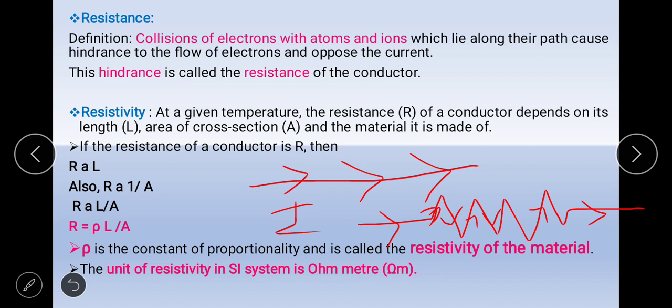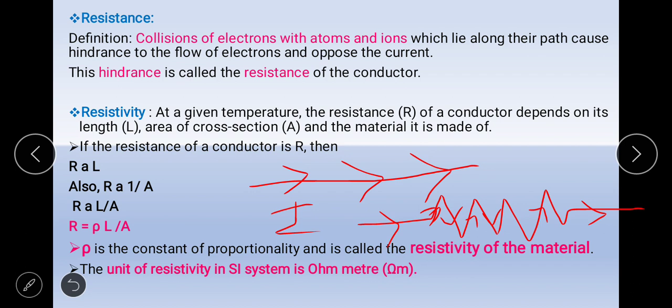Hence, in order to slow down the flow of current, or the rate of current should be reduced, at that time we connect a resistor in a circuitry. A conductor or a wire itself has some resistance, but if we want to further slow down the rate of current flow, at that time we use a resistance of specific values. There are resistances in ohms, kilo ohms and so on.